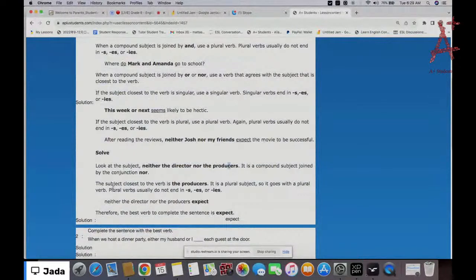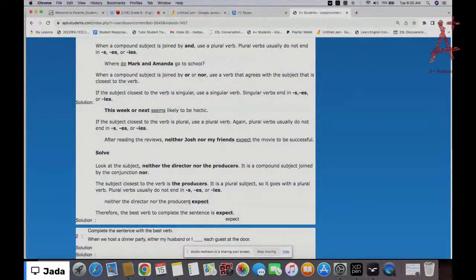So the closest to the verb is the producers. Producers has an S. It's a plural subject, so it goes with a plural verb. This is what I've been talking about when I say the subject closest to the verb. It has the S, which means it is plural, so it's going to be a plural verb. And plural verbs do not have S, ES or IES. That's why it's going to be neither the director nor the producers